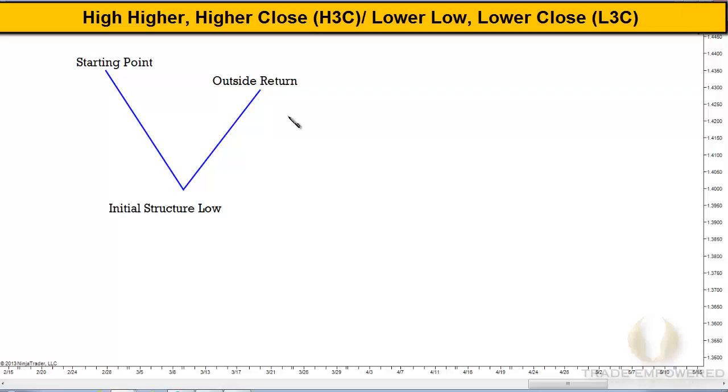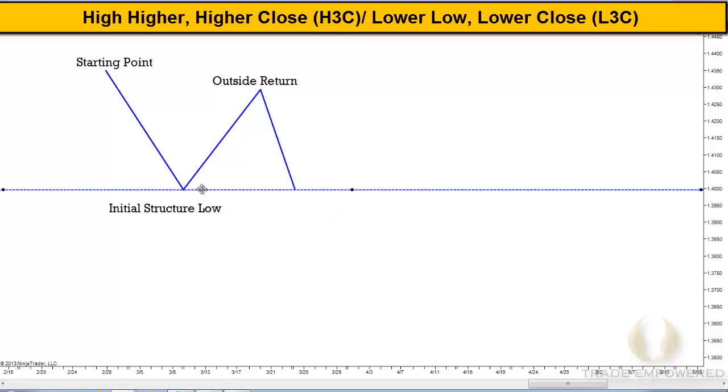The next thing we know to determine if we are indeed in a bearish trend, we need the market to create a new structure low, and that's going to be created by us getting a lower low, lower close at this structure level. So again, if the market is rolling down to this level and we're looking at our candlestick, if we were to get something like this at this level where the market breaks below, giving us a lower low, but we don't close below that level, then we can't say we're in a bearish trend. However, if our candlestick closes beyond our previous structure low,